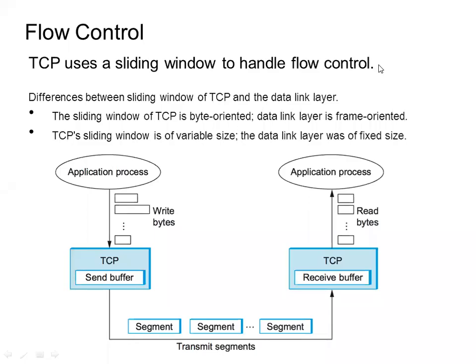So moving ahead, the next topic that we are going to discuss is flow control, one of the very important functions of TCP. This flow control is there in the data link layer also, and it is there in the transport layer if we are using TCP or HTTP. Now, in this class, we are going to see the difference between the flow control that was there in the data link layer and the flow control of the transport layer, as well as